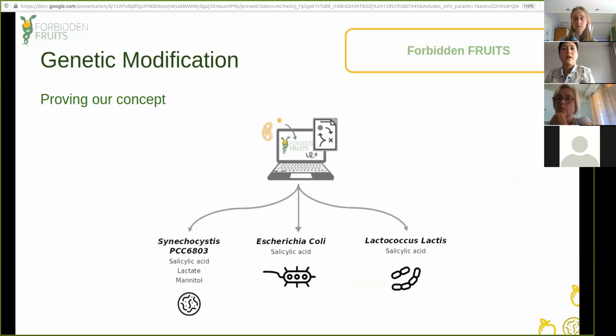And so, does it actually work? Because now it sounds like we have the solution for everything. So to prove if our algorithm is biologically plausible, so if it works, we will use genetic modification on these 3 microorganisms that are shown here to produce a list of compounds which are relevant in the industry for different applications. If what our algorithm finds is correct, we would achieve a sustained production of these different compounds in our